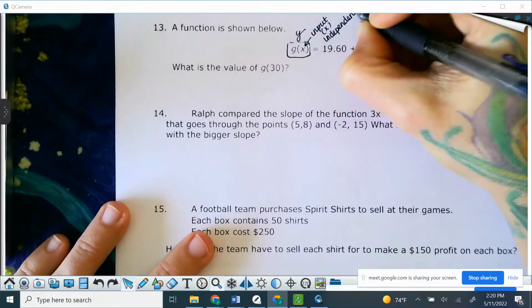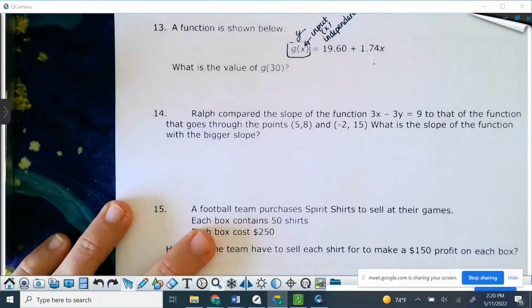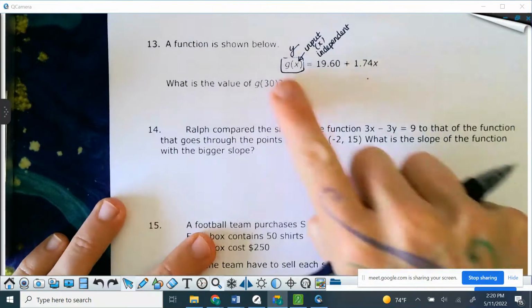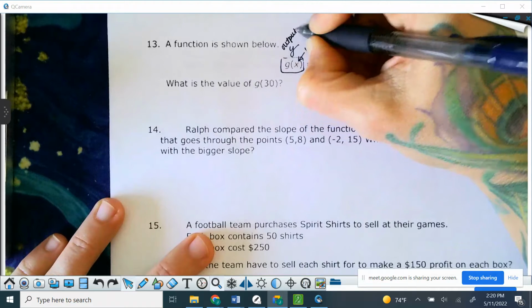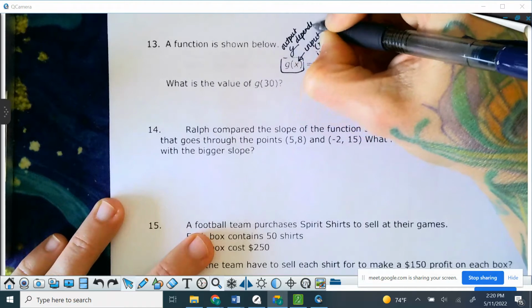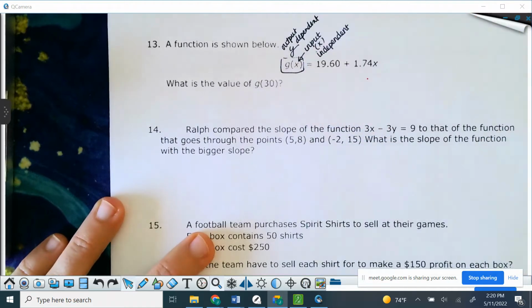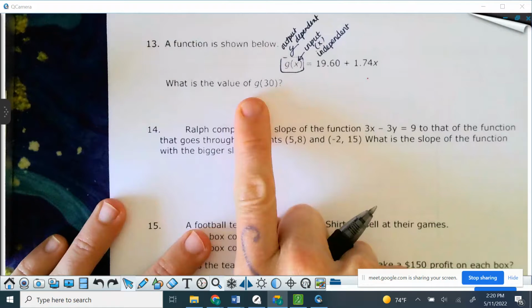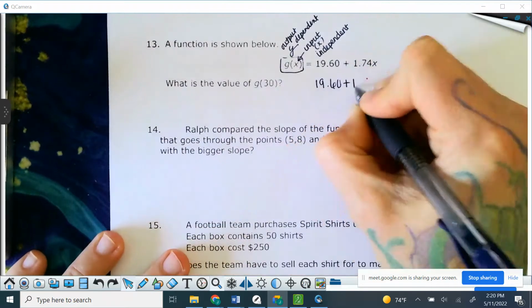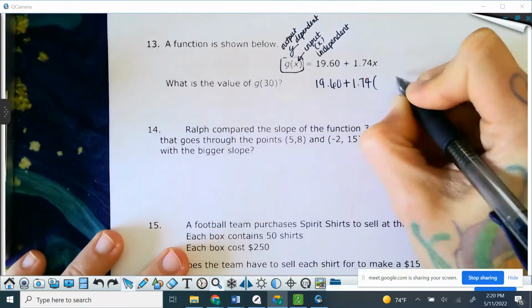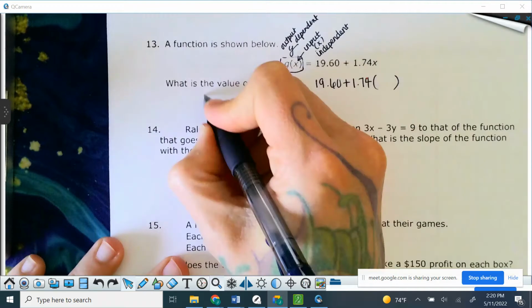It is literally inside the parentheses. The output, so the whole answer, is your y, so that's your output. And it is dependent on what you plug in the place of x. So in this case, it's g of 30. So we're going 19.60 plus 1.74. And this question is asking, what is y